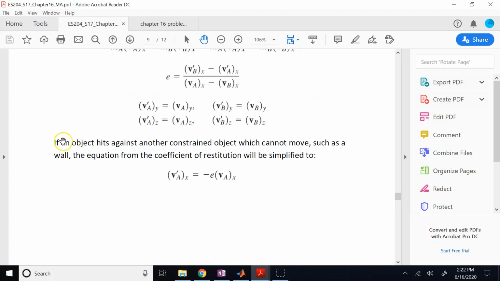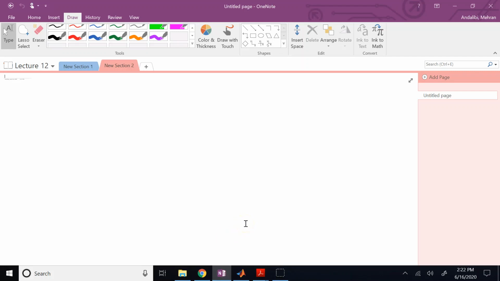So, but first, let me talk about this important thing. When the impact happens and one of these two objects of impact is a fixed object, like the wall or ground or something like that. Like for your project, let's look at your project. So for the case of your project, when this projectile comes and hits the ground here, right? So whenever it comes and hits the ground,